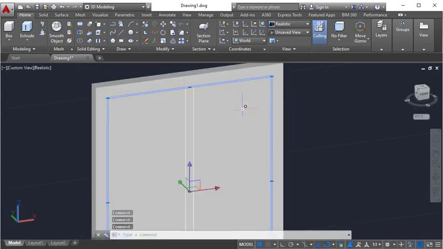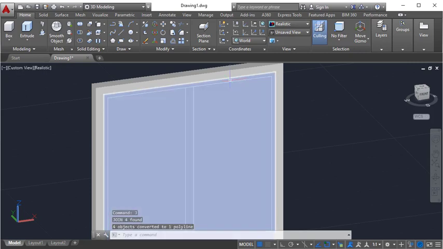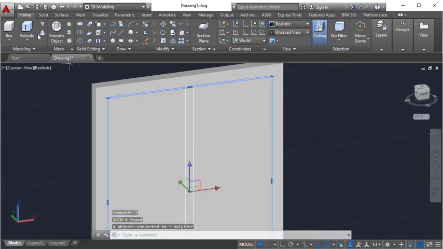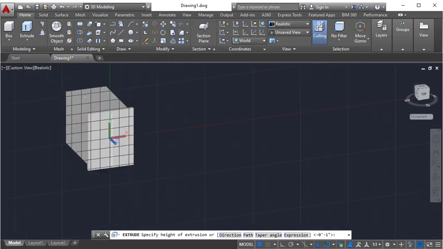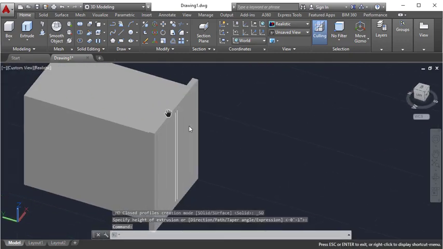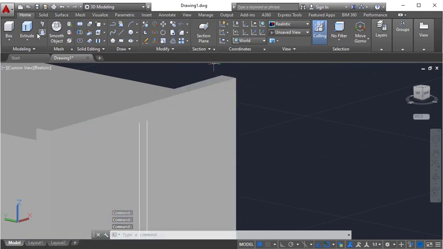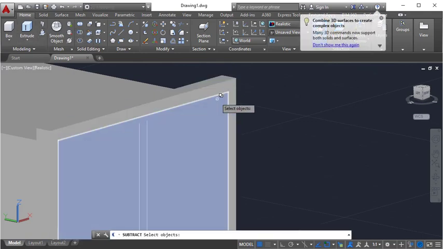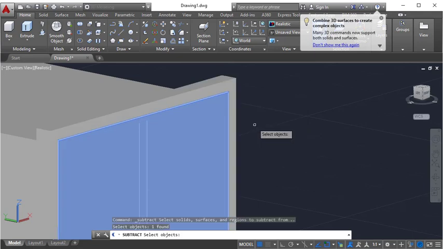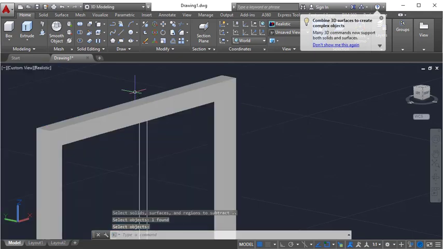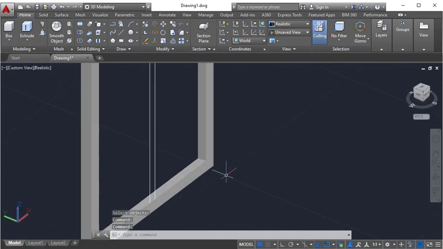Select this, join, J, enter. Now I can use this and use extrude somewhere, like somewhere it is going to be subtracted. Subtract this one, solid, enter, and second this one. If you can observe closely,